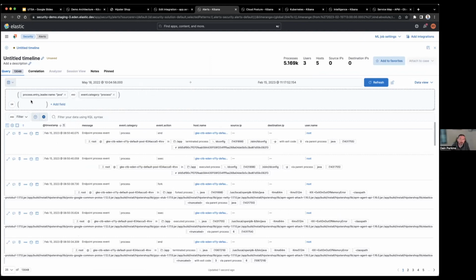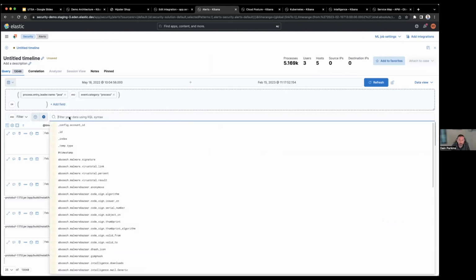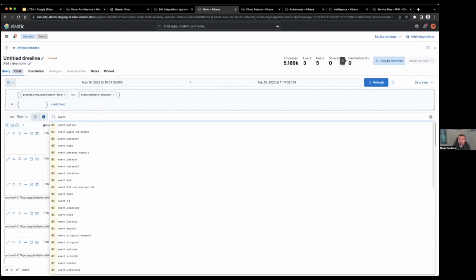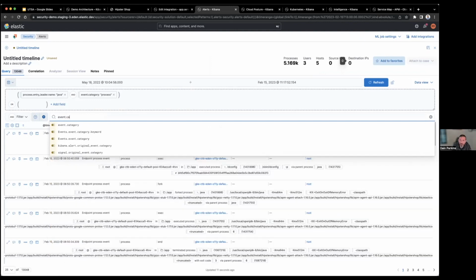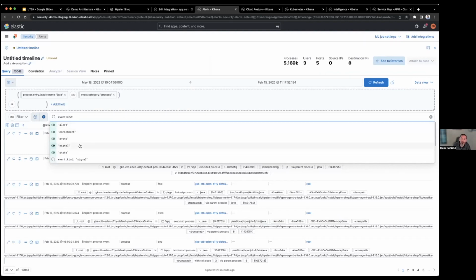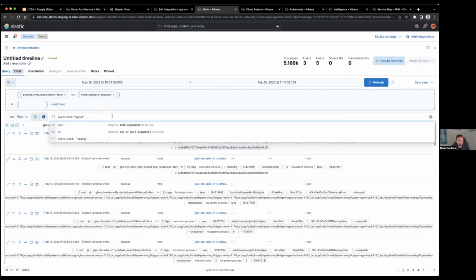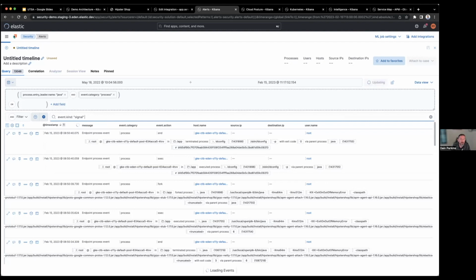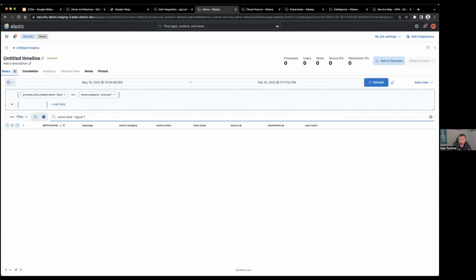If I wanted to break that down a little bit more, I could choose to only look at certain types of events. So in this case, I'm going to look at just signal, which is our internal Elastic name for alerts that we've built out, and I don't have any more.